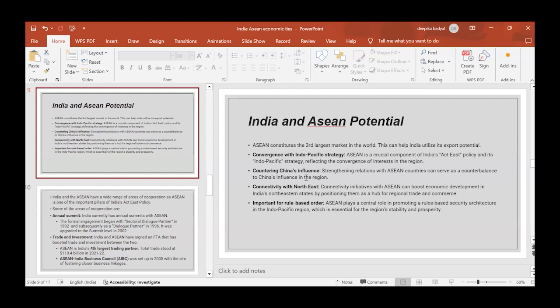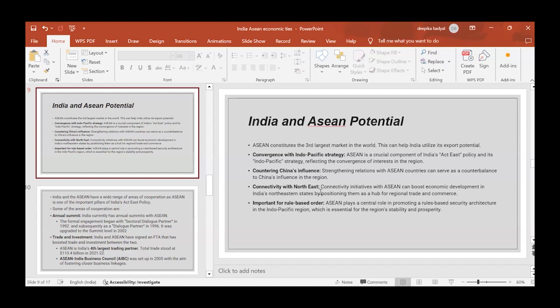The US is trying to position Asian countries so that it can counter China from rising as one of the major economies. Obviously, it has become one of the major economies, but they want to counter it. So that is why a lot of regional blocks are coming into being.